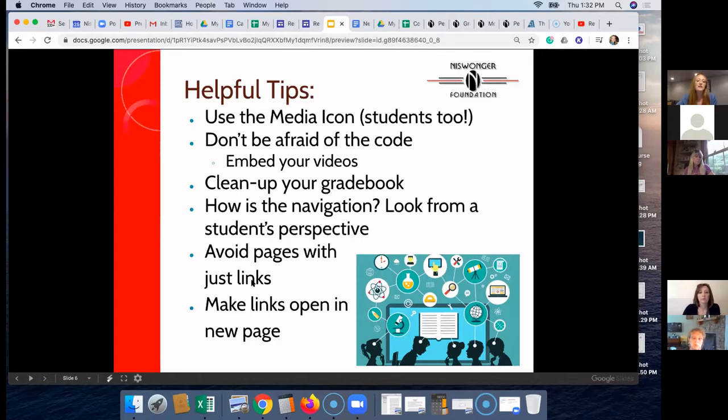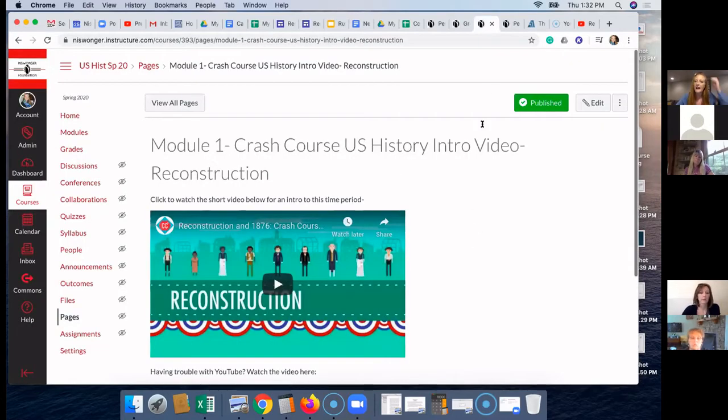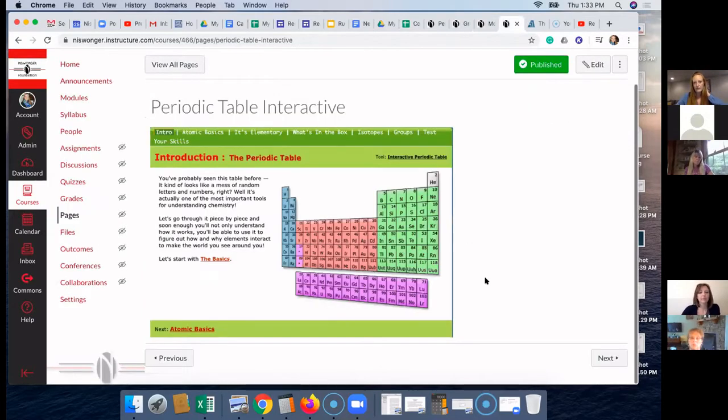I put here, avoid pages with just links. I had an example right here of how to link out. I just copied a picture here, and the picture is the link. In the beginning, when I was first creating courses and I was in a hurry, trying to just get the information on there, when you pulled up the page, it was just a link. And that of course is not fun. It's not very inviting. So I have gone through slowly as I've been working through the courses and added some little pictures and things. And the kids know to click on that to get to the information that they need.